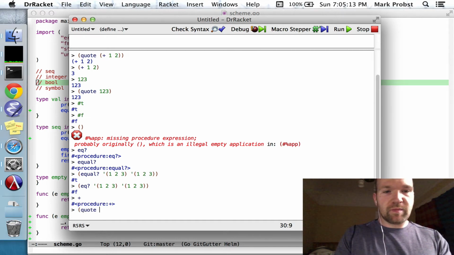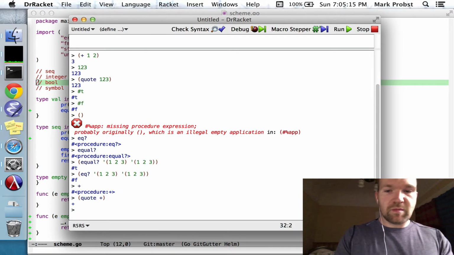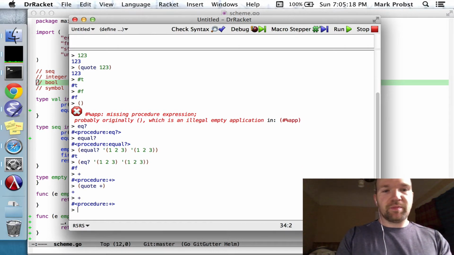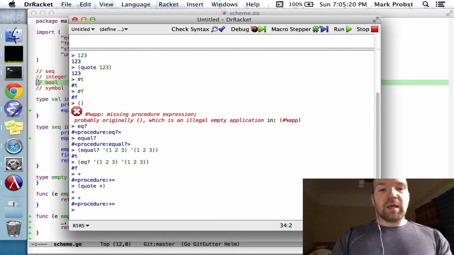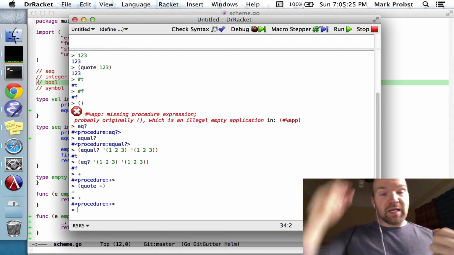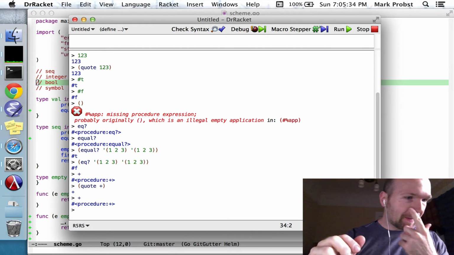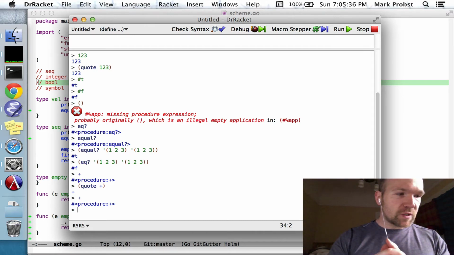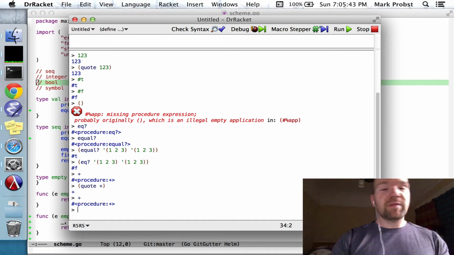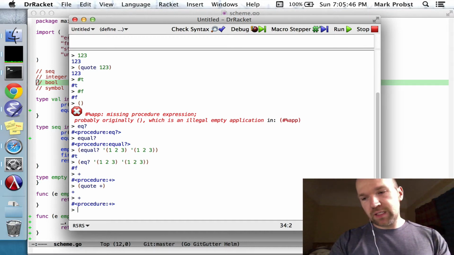So this evaluates to this. And the binding happens in a thing called an environment. And we're going to have to see how these environments work in Scheme. But first, we're going to do a different thing and implement